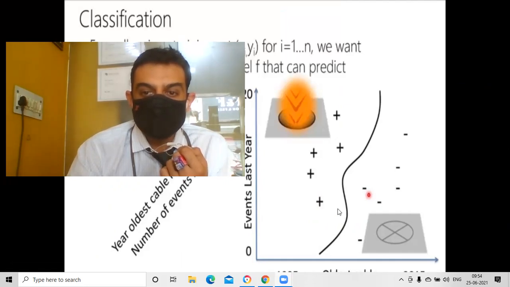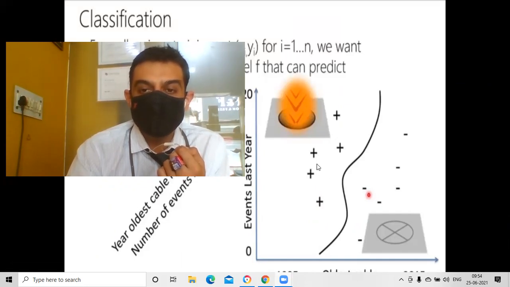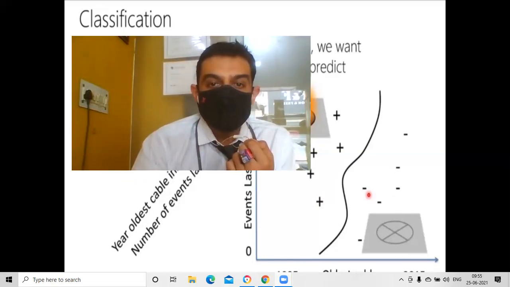this decision boundary over here. So we can see this plus denotes the manholes that exploded and minus denotes the manholes that didn't explode. So we can clearly see the differentiation between the two. And for prediction, for example, we can have a point here and we can predict whether it is plus or minus. If it's in this area, it will be plus, otherwise it will be minus. So this can be used for classification. Two different classes are found, plus and minus, explosion and no explosion of manhole.